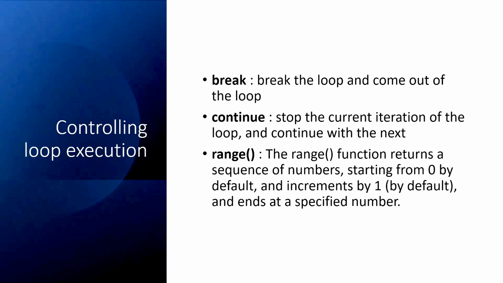On the contrary, the continue statement is for when you run the for loop 100 times, but you don't want to run it when the variable x is 50. So you can say when it's 50, just continue. Don't run any statement in the for loop or while loop when the value is a certain value. Just continue with the next iteration.